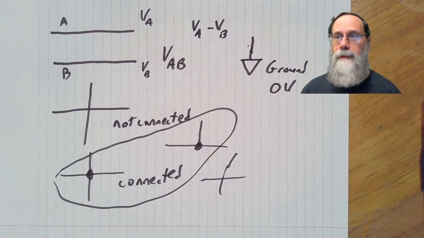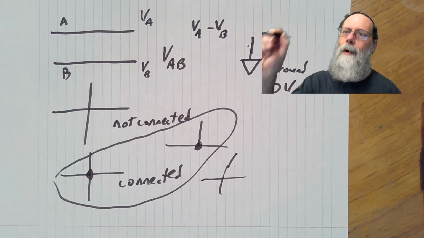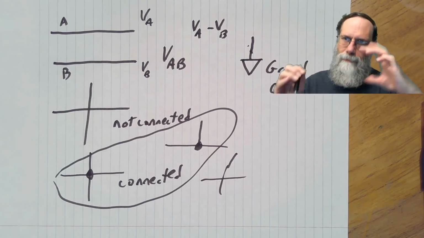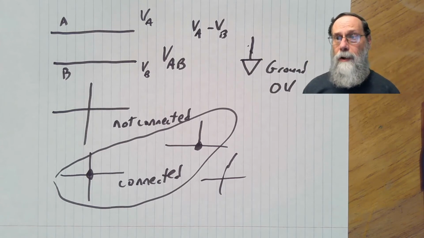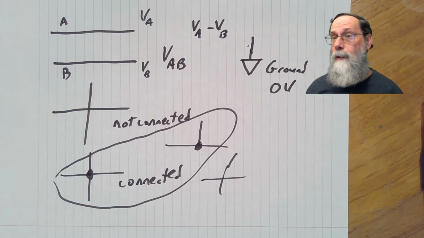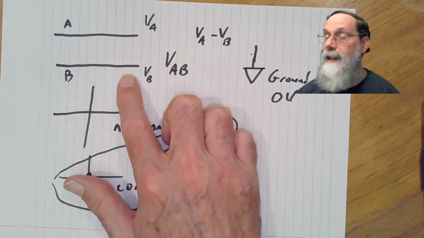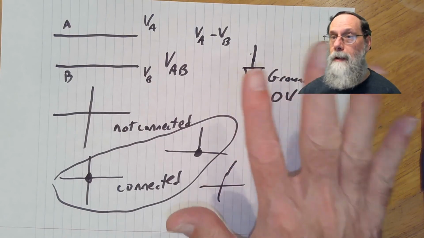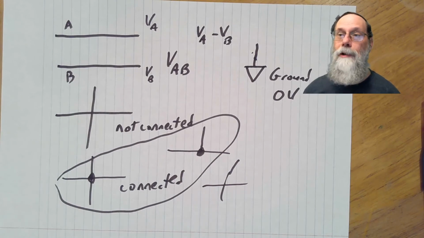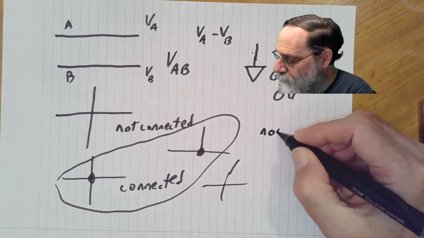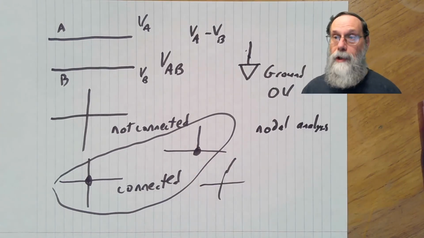If you take any sequence of nodes, go around in a circle and go from voltage A to voltage B to voltage C, go all the way around, the voltage differences across each pair of nodes, when you add up and come all the way back to where you started, they all add up to 0. That's known as Kirchhoff's voltage law. And the only thing we'll use Kirchhoff's voltage law for is the fact that it allows us to talk about the voltage at a node by having picked just one arbitrary node as being 0. And the consequence of that is we can do what's called nodal analysis, that allows us to talk about voltage at a single node.